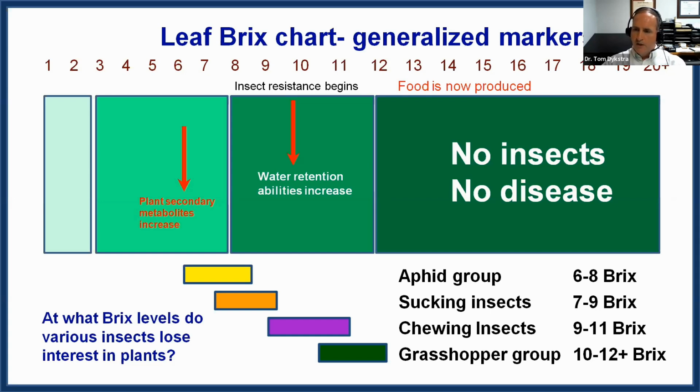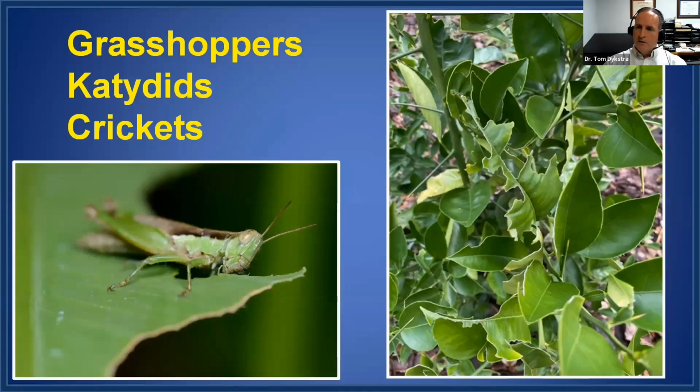I wanted to keep it as general as possible because too much detail can get to be a bit confusing. But on the other hand, I am talking with a bunch of fruit growers, so I'm going to have to talk about a little bit more detail now, and so I will. And so what I'm going to do is talk a little bit about citrus. I'm talking about citrus in Florida. Even though this is applicable to any other plant, doesn't matter whether it's peaches or apples, you've got a group of insects that follow those 4 major groups that I just mentioned.